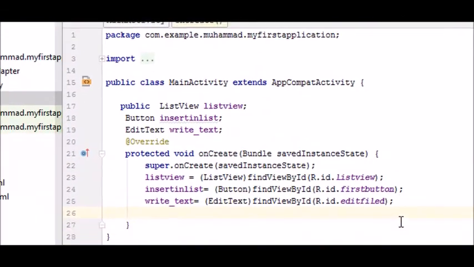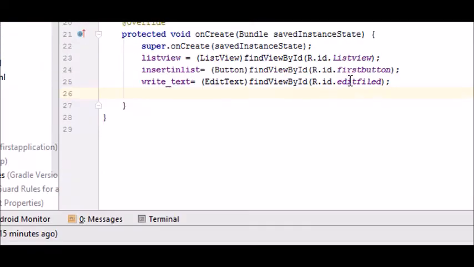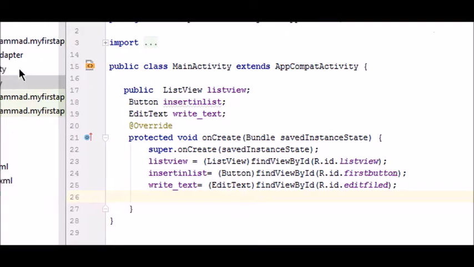Come to the main activity. I just declare here a button, a list view, and an edit text field. So whatever I want to write in this text field should be displayed in my list view whenever I click on the insert button. I just declared them. First thing is I should create a class that should store the data of my class, and then it should have some methods in the class, like